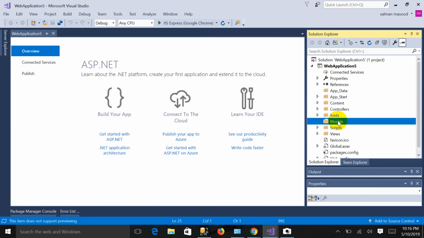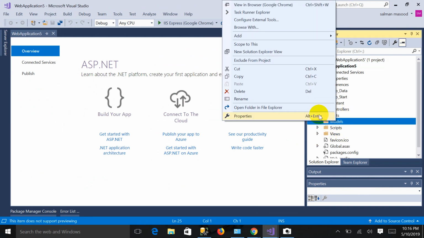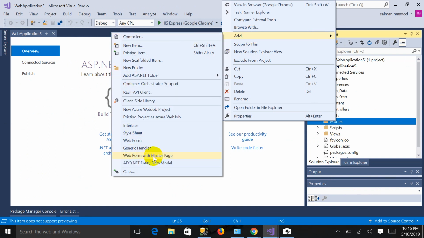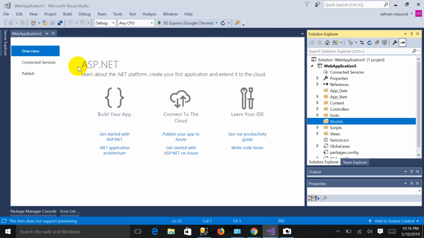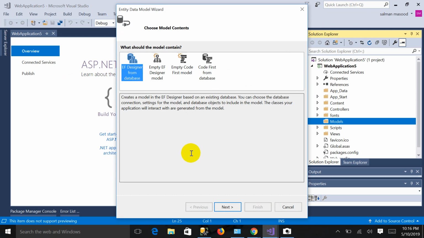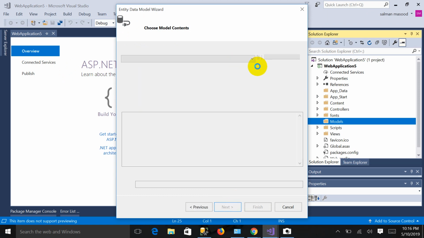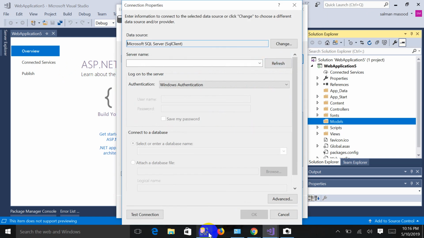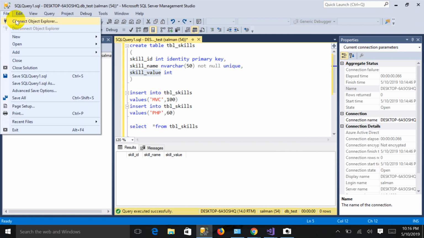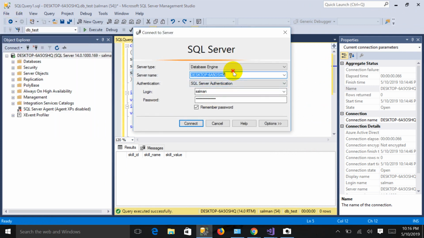First of all, we will connect our database. So right click on the model, go to add, and click over here ADO.NET entity data model. That's okay. And then select this EF designer from database, click next, then press this button new connection, and I have to provide my server name, which is this. Let's copy it